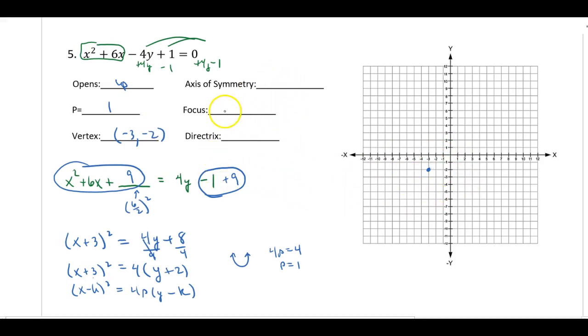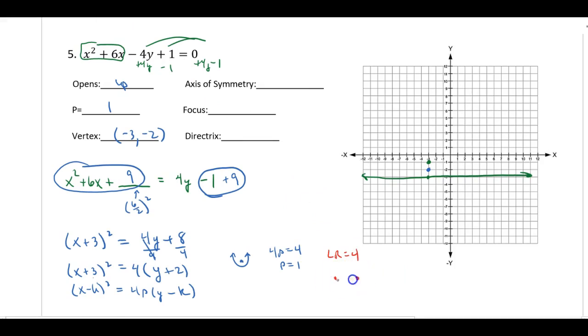Now, since it opens up, I know my focus is going to be above the vertex. So, if p is equal to 1, I'm going to go to my vertex and go up 1. From my vertex, I'm going to go down 1 for my directrix and draw that horizontal line, since it opens up. And now, my latus rectum, if that is equal to 4,